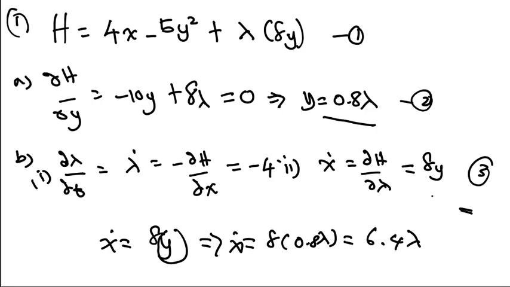By integrating, we need to do some integration here because we want to find the co-state variable. So we need to integrate lambda dot. So we have here lambda dot equivalent to what? Equivalent to minus 4. Now integrating,